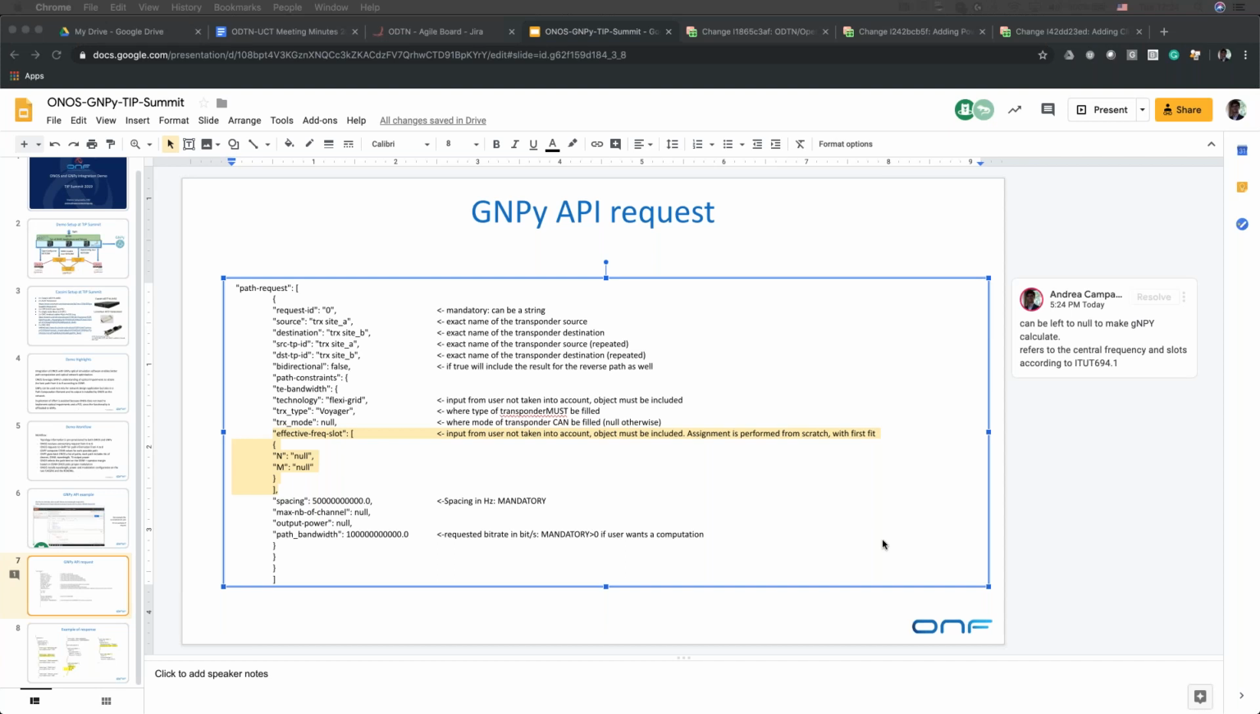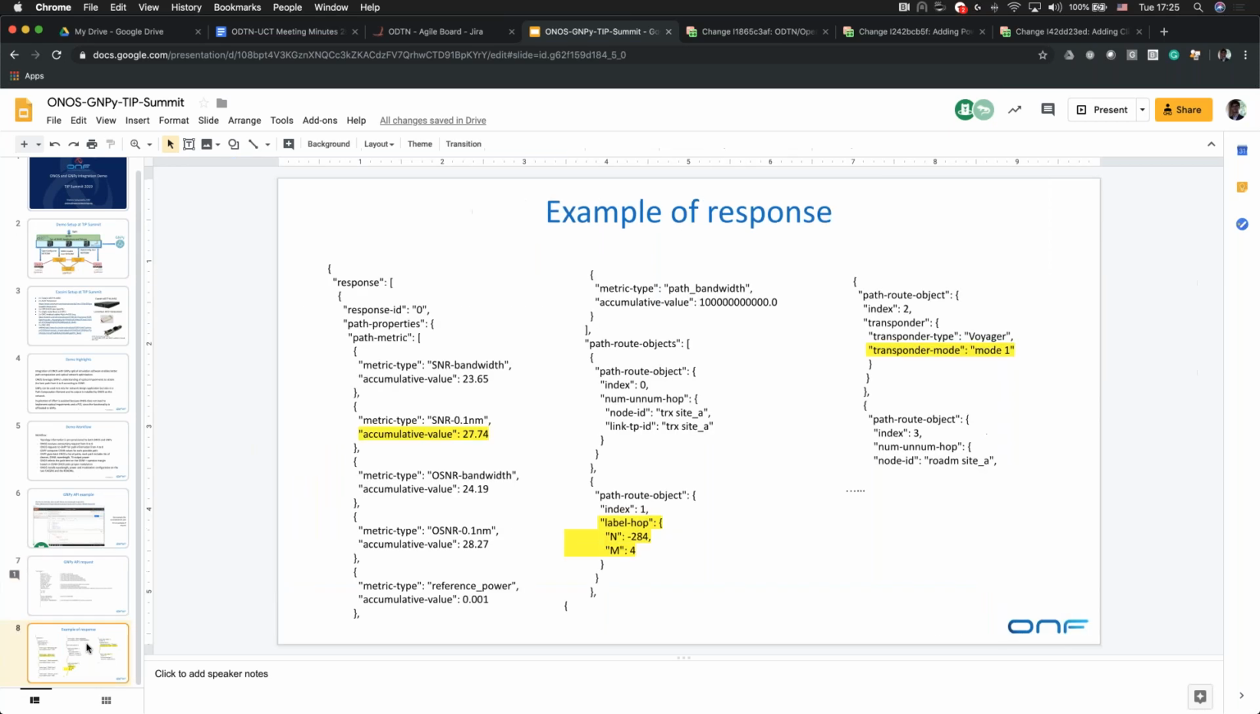Okay. Then, so this will be the request that ONOS will generate. I think it's pretty straightforward to generate this out of ONOS. It's a JSON file. It will be just one path request, fairly straightforward, no real problems. And then what we will get back is a response which contains